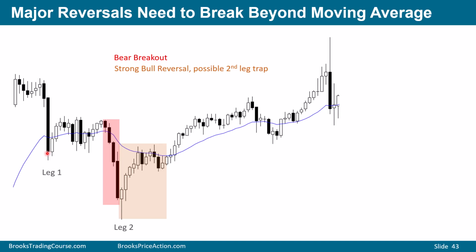What's very common when you're in a trading range is for the market to go far, to go beyond the moving average in a big way. You can call it several standard deviations away from the mean, which is the moving average. And when it does that, price wants to test back to the average price, in this case, the mean. And it causes the market to snap back to this price level. And that creates a second leg trap.